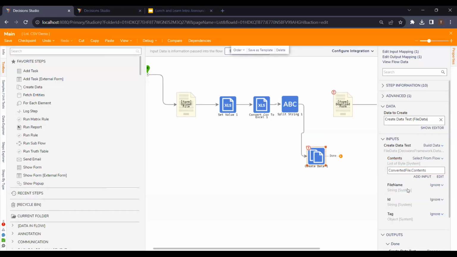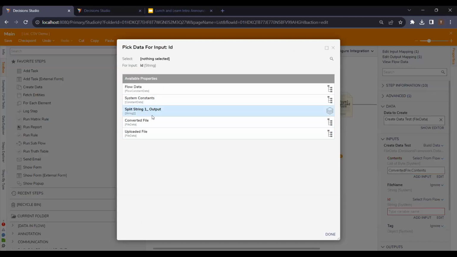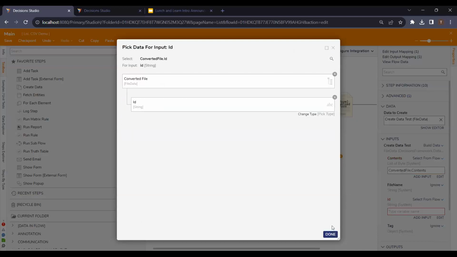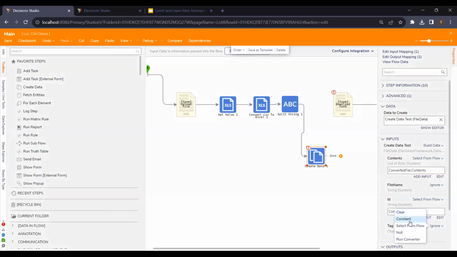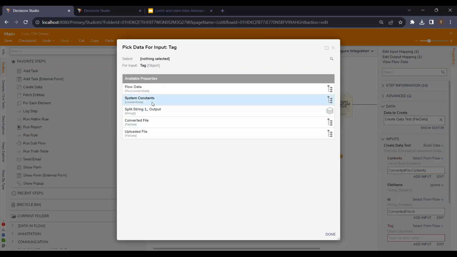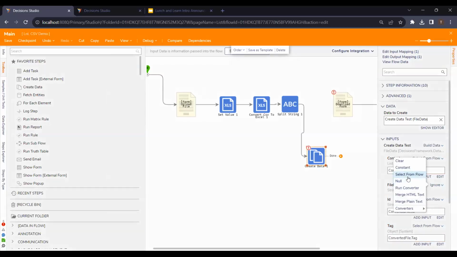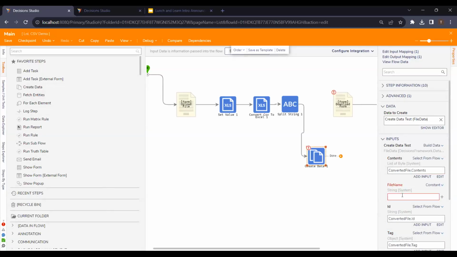We can get the ID from the previous ID like this, and so on with the tag as well. And then the name would just be whatever you're modifying this to, whether you want this to be a constant and you want all your files to be named foo,